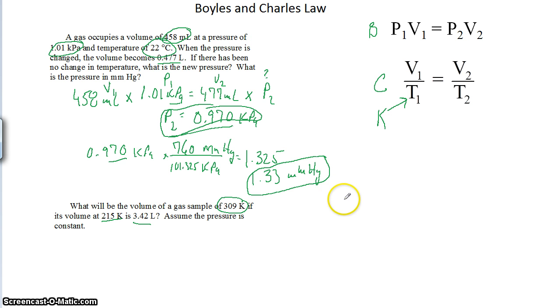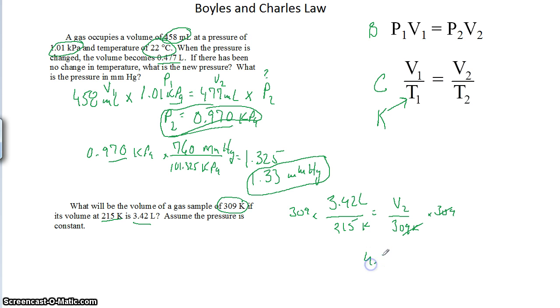So what I'm going to end up doing is my initial volume of 3.42 liters, so I'm plugging that in, over my initial temperature of 215 Kelvin will be equal to my new volume, which is what we're trying to solve, over my new temperature, which is 309 Kelvin. And again, mathematically, you would want to multiply both sides by 309. And then these will go away. So now I take that 309 times my 3.42, divide that by the 215,